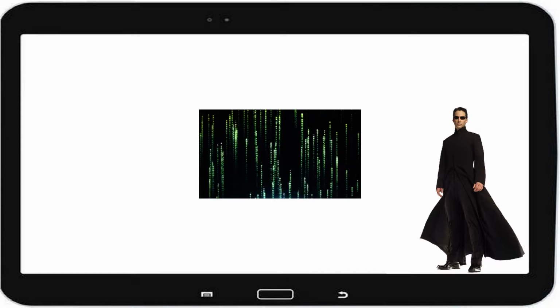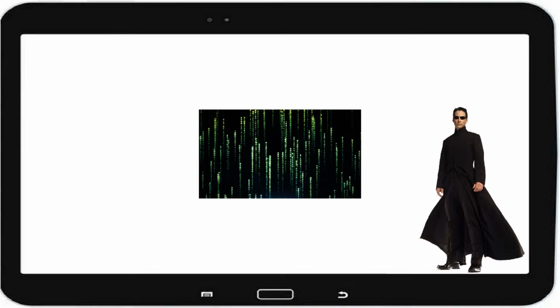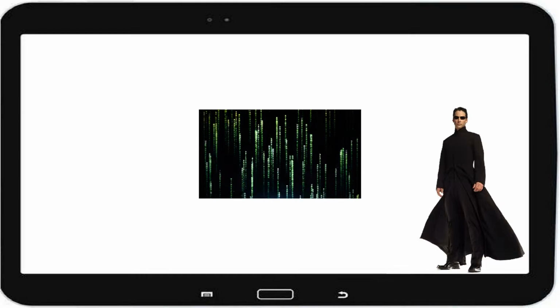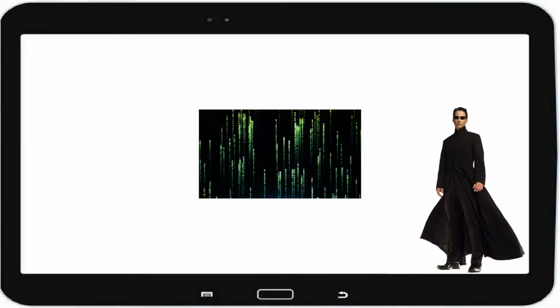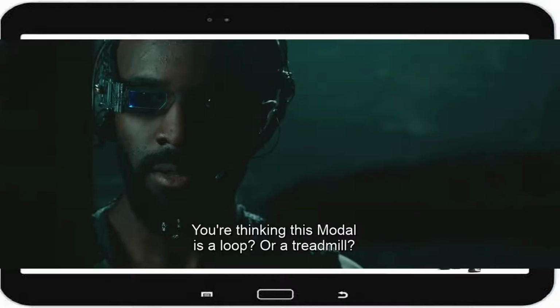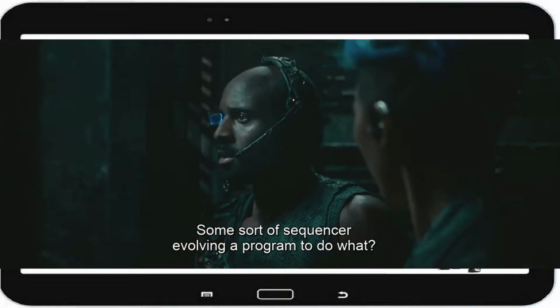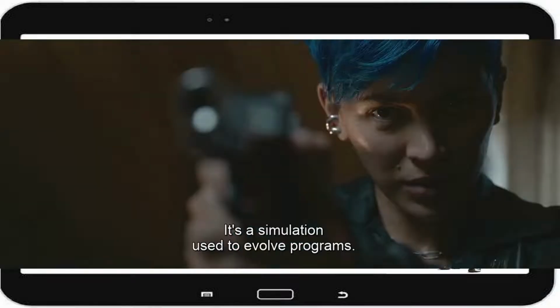A code in the Resurrections Matrix points us to the idea of a modal, a simulation used to evolve programs. In the Resurrections, the modal we see is based on the start of the first Matrix. This piece of information leads my mind to think that the Matrix movie was a modal to evolve our minds to accept the world as a digital simulation.